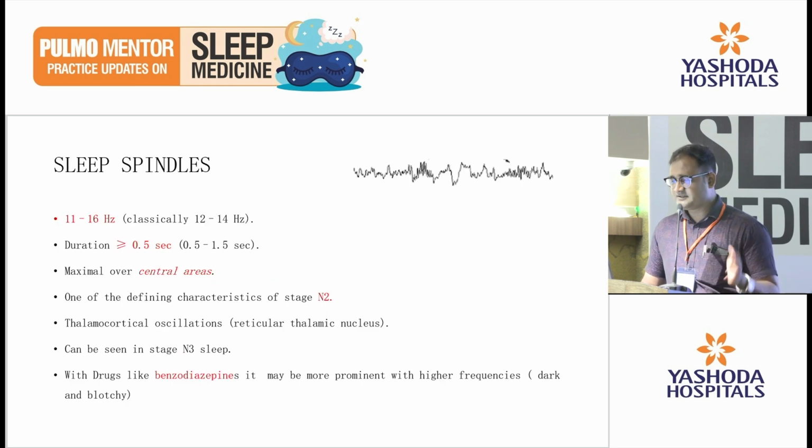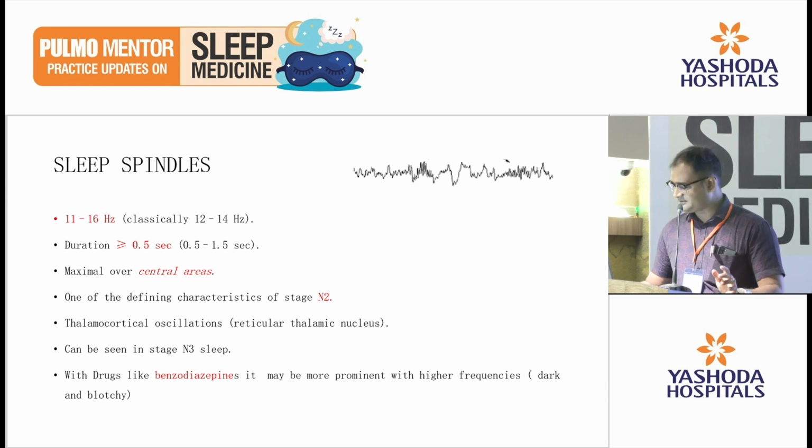Sleep spindles, frequency 11 to 16. These are the sleep spindles, you can see. Duration is more than 0.5 seconds, maximum over the central areas. It is the defining characteristic of the N2 stage of sleep, originates in the reticular thalamic nucleus. It can be seen in N3, but in patients who are taking benzodiazepines, it is much more prominent as compared to